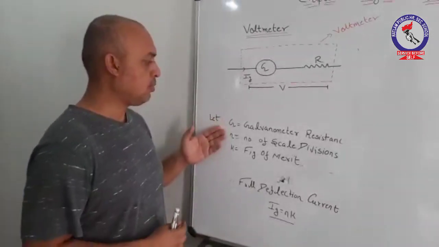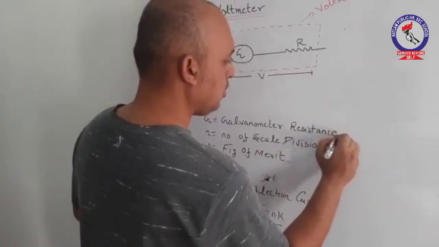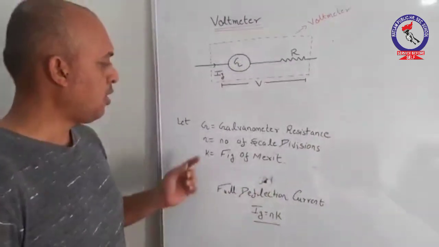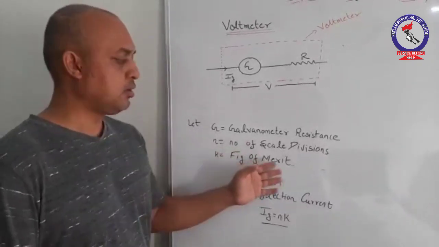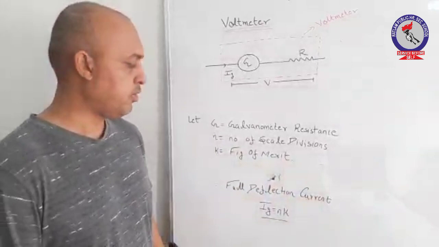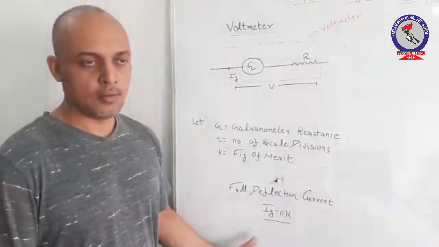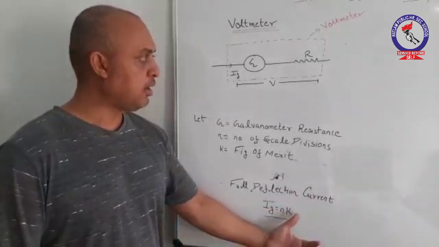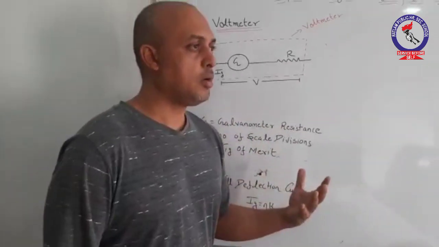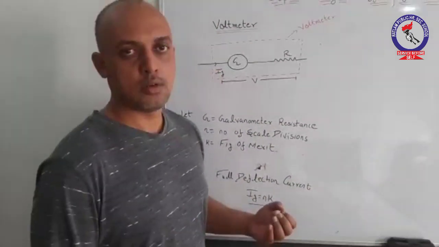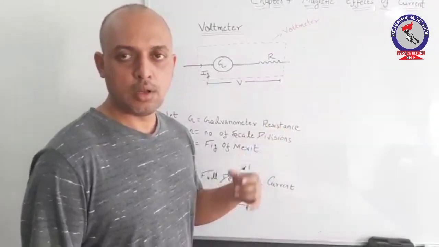Again, going through the basic parameters, G represents the galvanometer resistance, N represents the number of scale divisions, and K represents the figure of merit, or current for single scale deflection. Therefore, the full scale deflection current Ig can be calculated as N times K. Now going through the calculation, in order to calculate the magnitude of resistance which is to be connected in order to convert it into a voltmeter of a certain desired range,